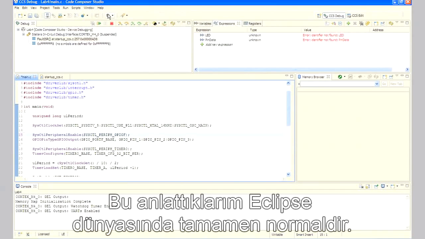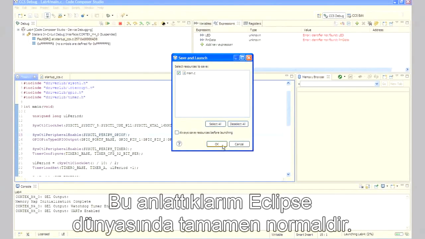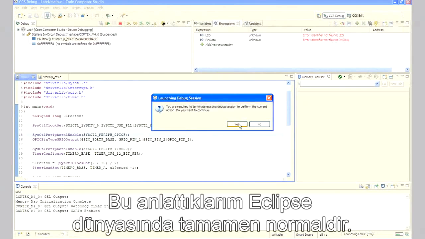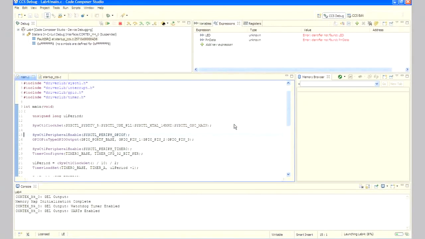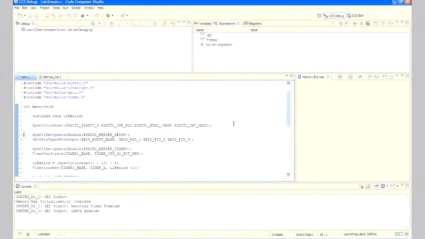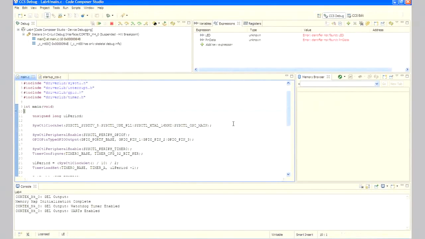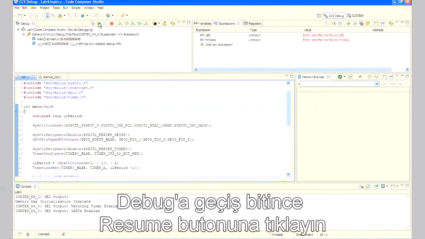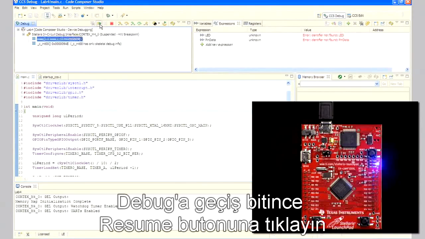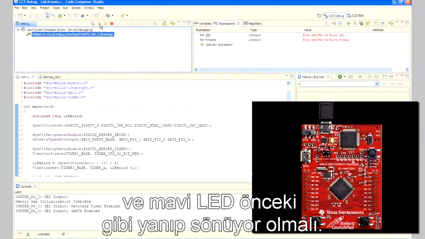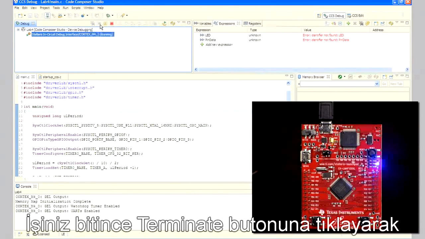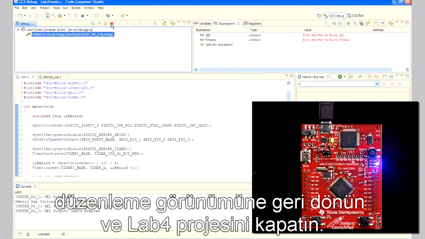That's perfectly okay in the Eclipse world. So when that finishes, go ahead and click the resume button, and the blue LED should be blinking as it was before. When you're done, click the terminate button to return to the editing perspective, and go ahead and close